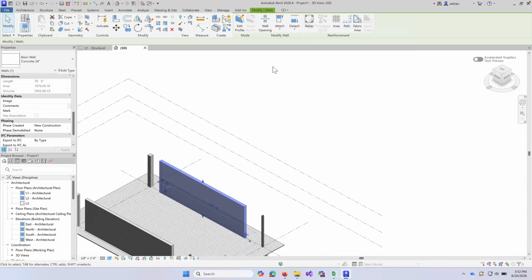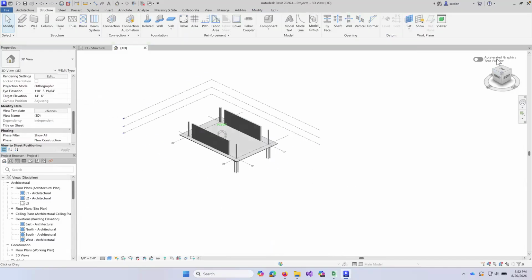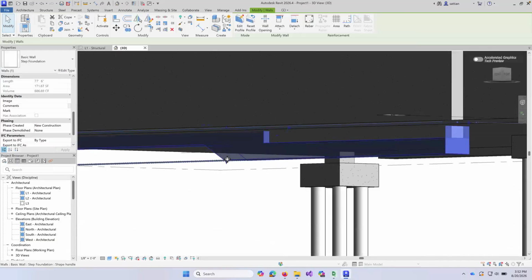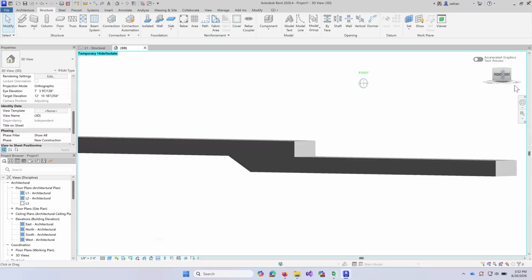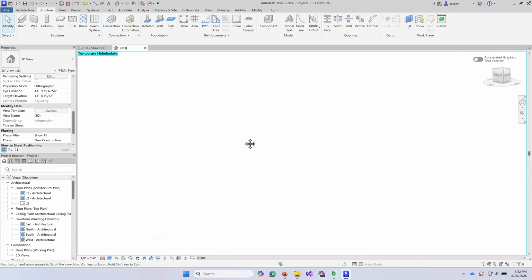Okay. Now, as far as drawing rebar for a foundation, I'm going to take this guy, and one of the options in Revit is to isolate this element and then hide everything else, right? So I'll select this item, and where the glasses are there, I'm going to click on that and say isolate element. So notice how everything else is hidden,